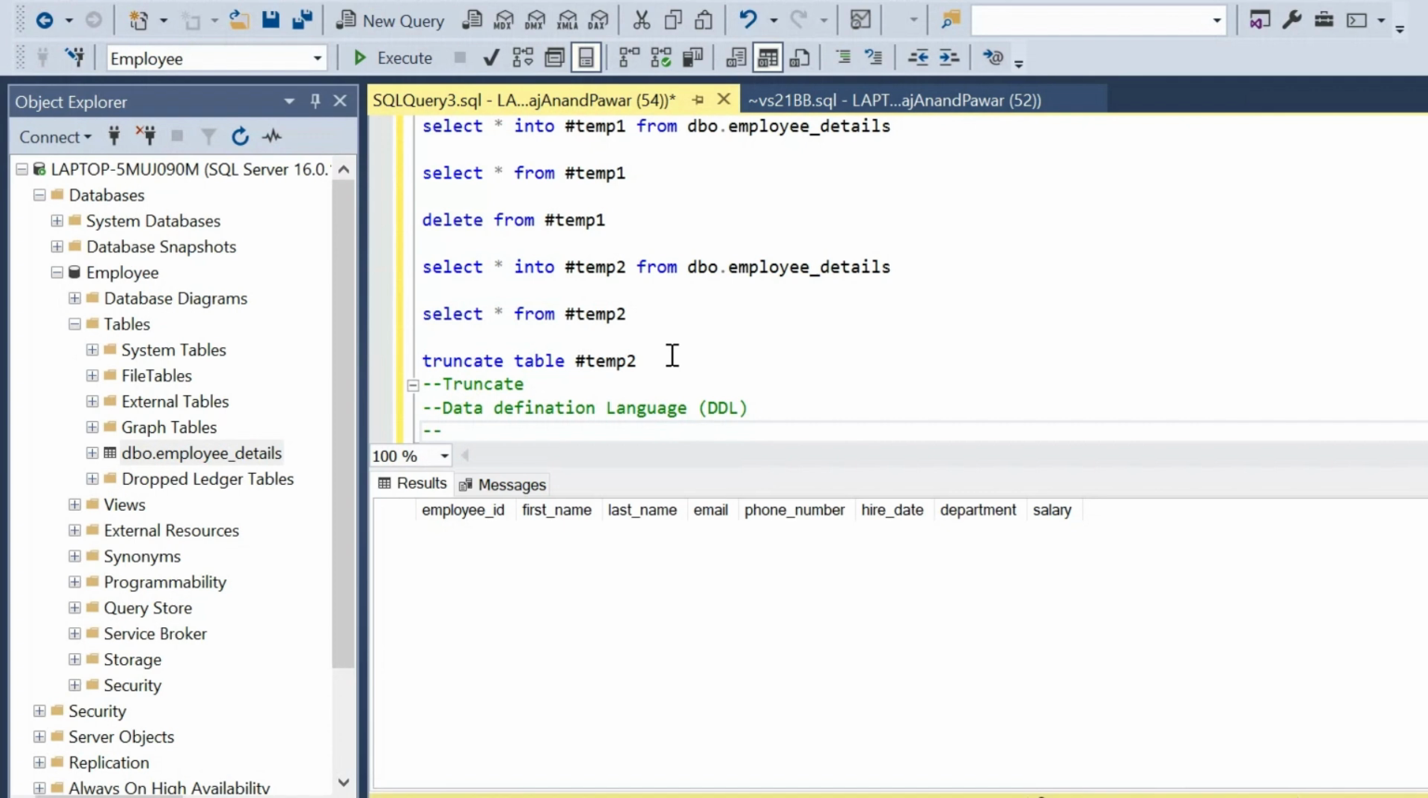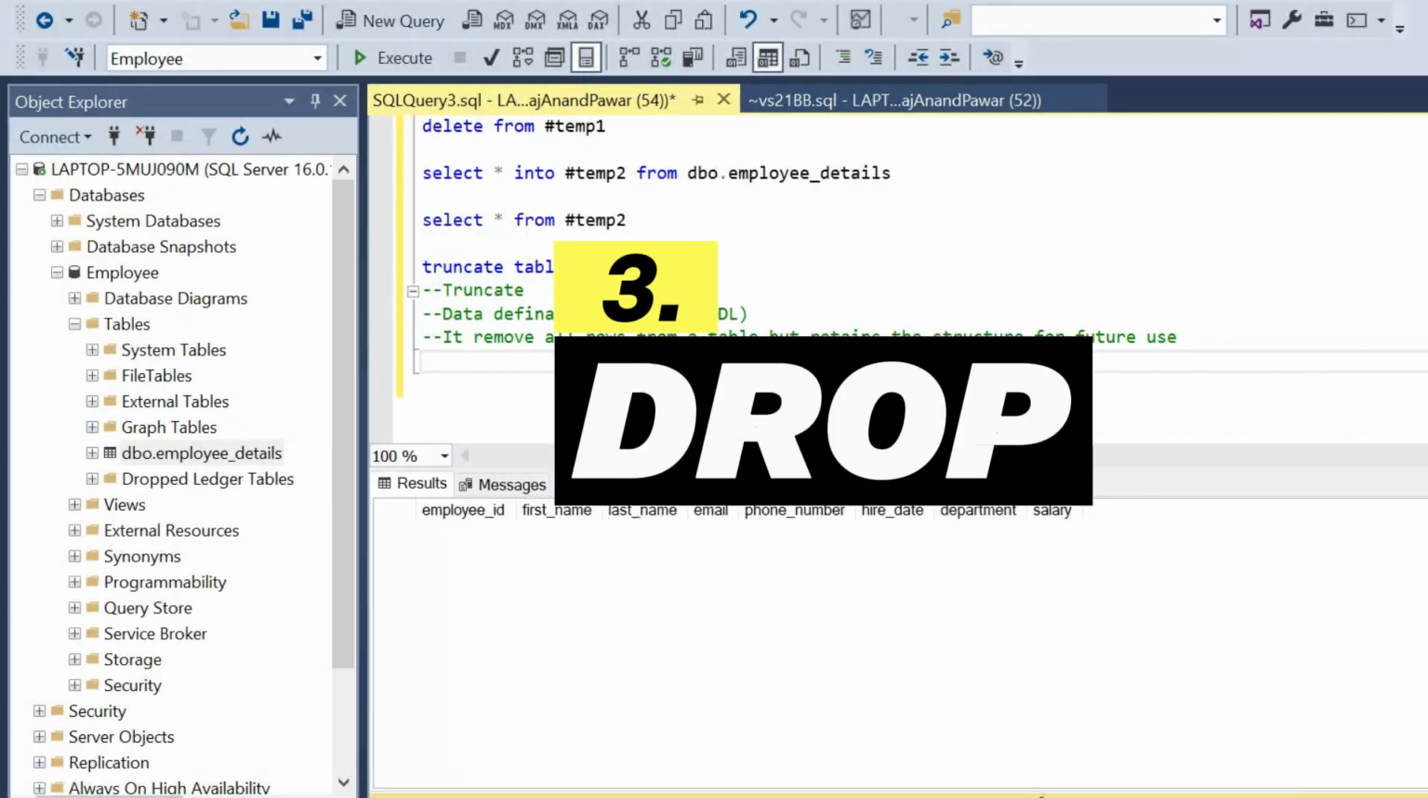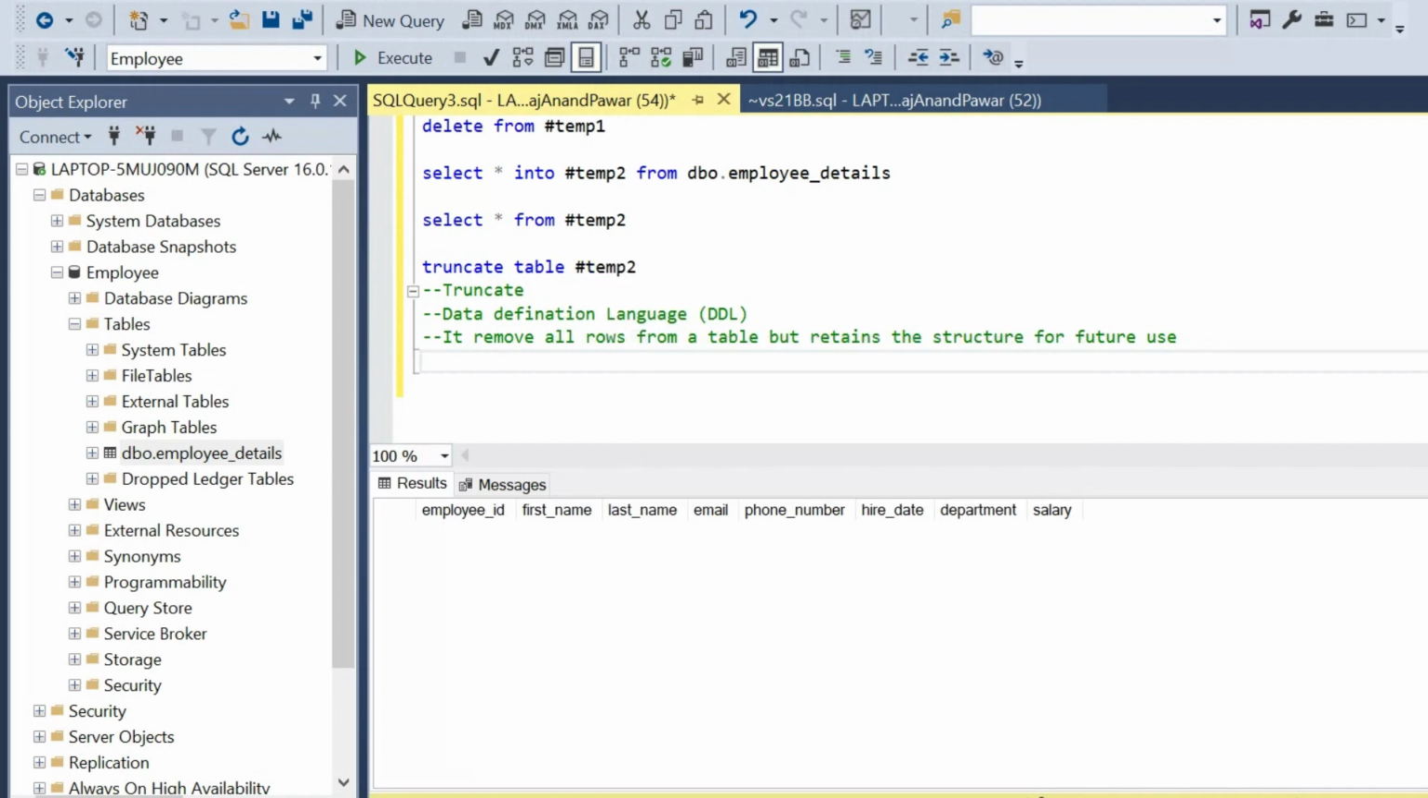So it removes all rows from a table but retains the structure for future use. So when can we use this truncate? When you want to quickly clear all the data in a table and you want to start fresh and keep the schema, in that case you can use this truncate command. So let's see the next command, that is the drop, and this is also one of the